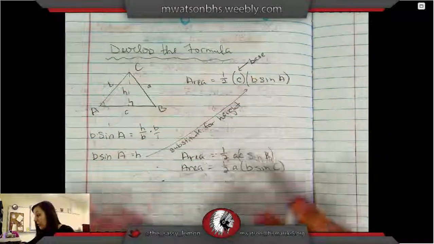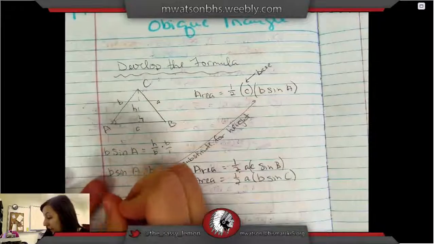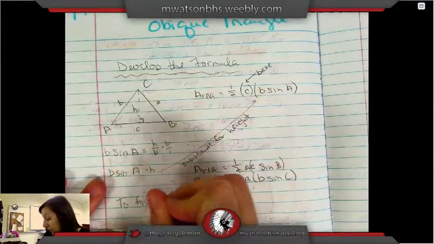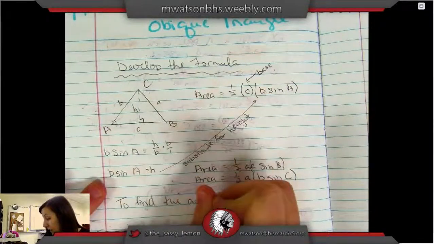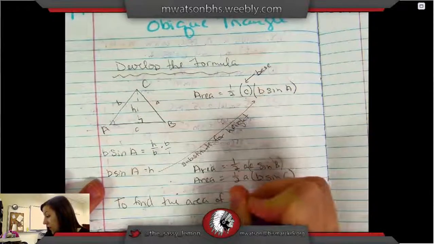So in short, to find the area of an oblique